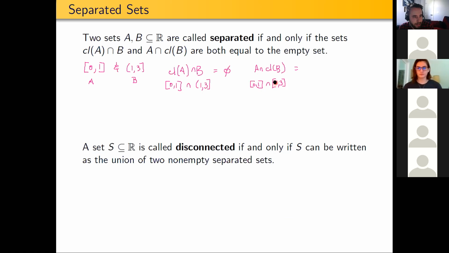This has the point 1 and this has the point 1. So in particular, this intersection includes just the single element 1, but it is not the empty set. According to this definition, these two sets would be separated if and only if both of these intersections were equal to the empty set. And since that's not true in this case, we would have to say, collectively,